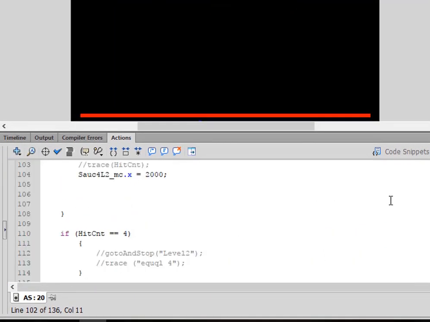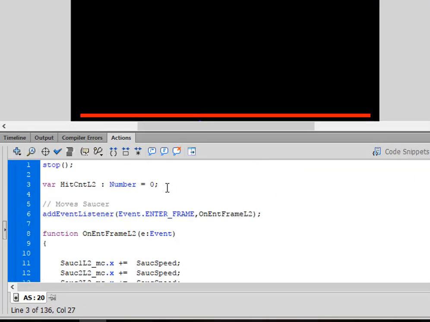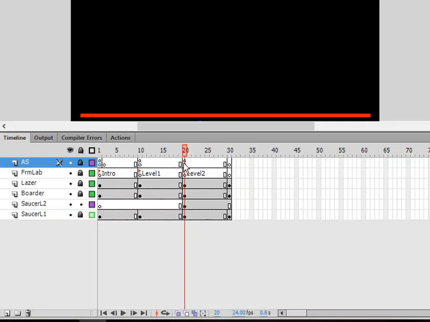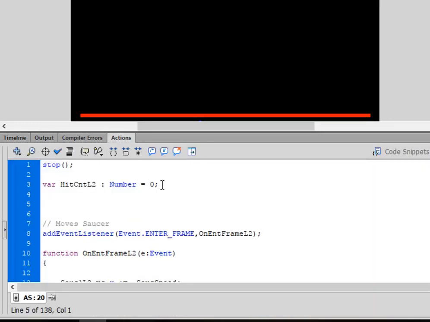To prevent the hit count for level 1 from continuing, click here at the top of the page again. I'm on this same frame 20, the same one we were just on. Put a couple of enters, and we want hitCnt to equal 0;